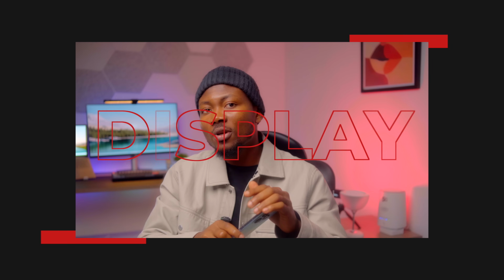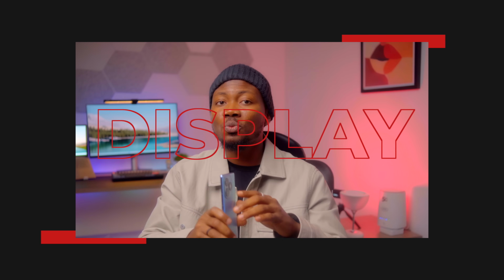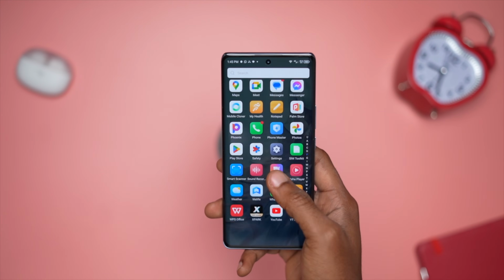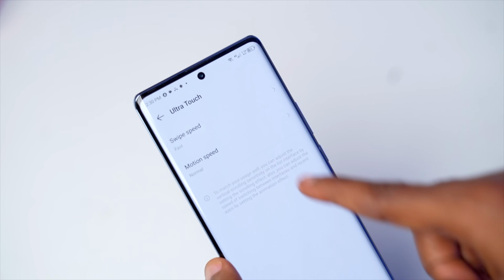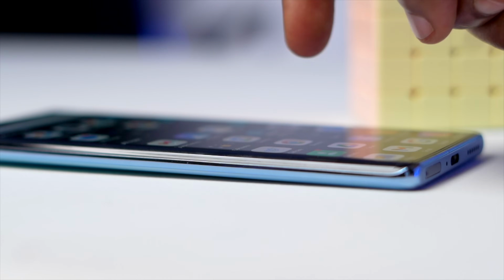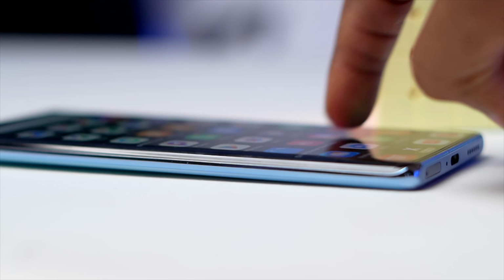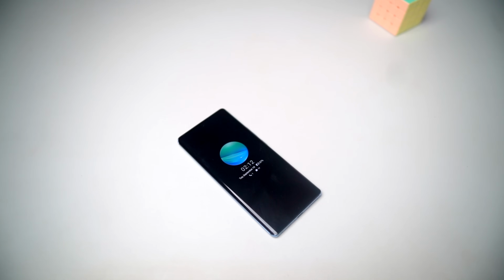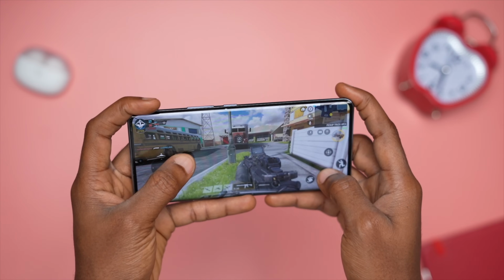The S23 Plus is itel's first ever phone with a 1080p Full HD resolution with a refresh rate that feels like 90Hz, which I believe is controlled by the motion speed setting under Ultra Touch in the phone settings. It features a 59 degrees curved 6.78-inch AMOLED screen with a 93% screen to body ratio. What this gives you is deep and truly black blacks, reduced reflections, and reduced glare. The colors are very vivid and clear, and because of the curved screen, playing games or watching movies on the